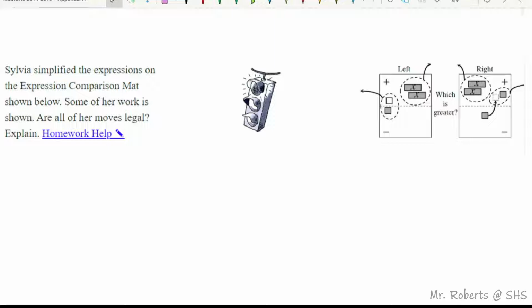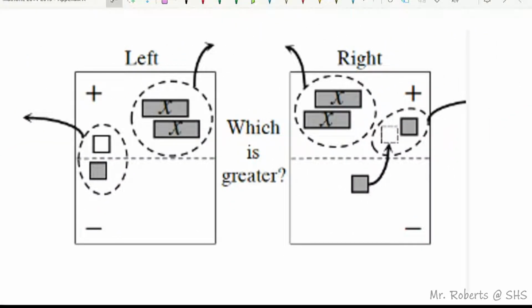Some of her work is shown. Are all of her moves legal? So remember, when we see this icon, it's intending us to try and look for a possible error here. So maybe one of these moves is illegal. Well,